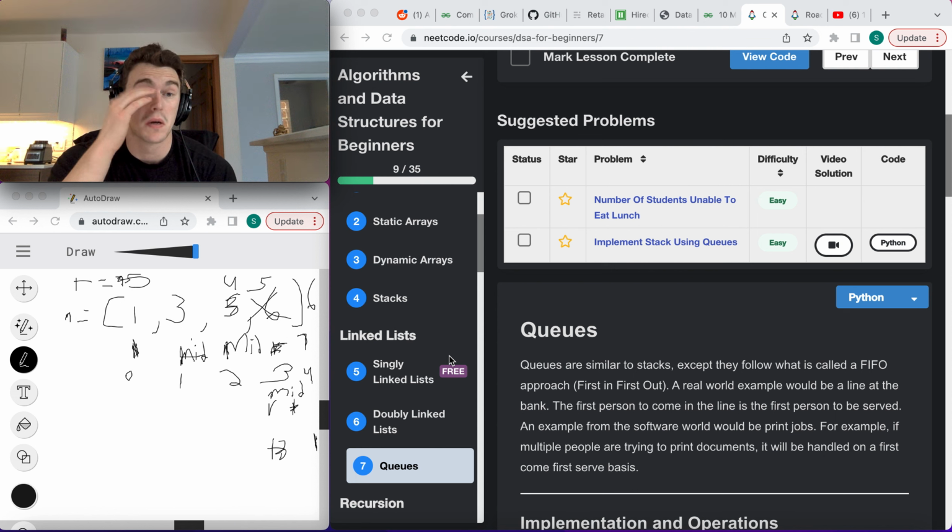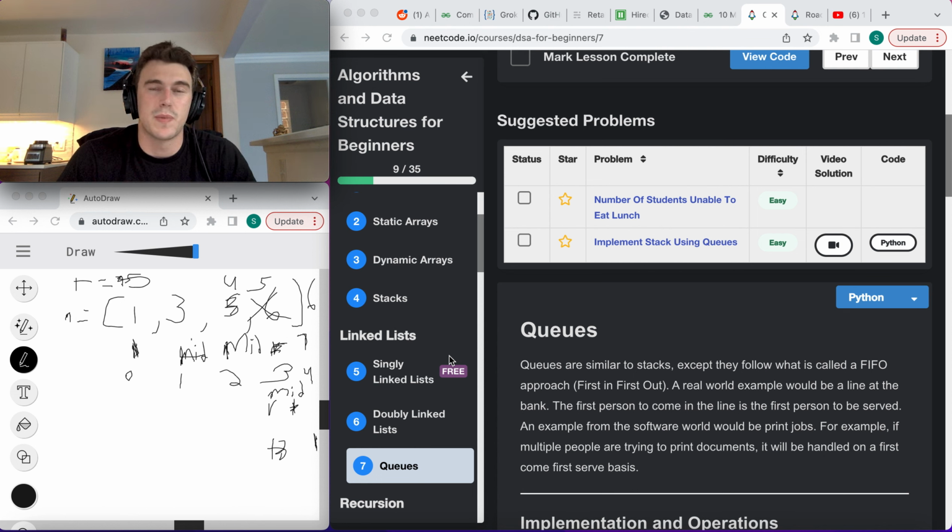Took notes. We had singly linked lists, which are basically list nodes attached together with pointers. They're not contiguously stored in memory like arrays are. That might be another advantage. But the main advantage of linked lists is it's faster to add or remove